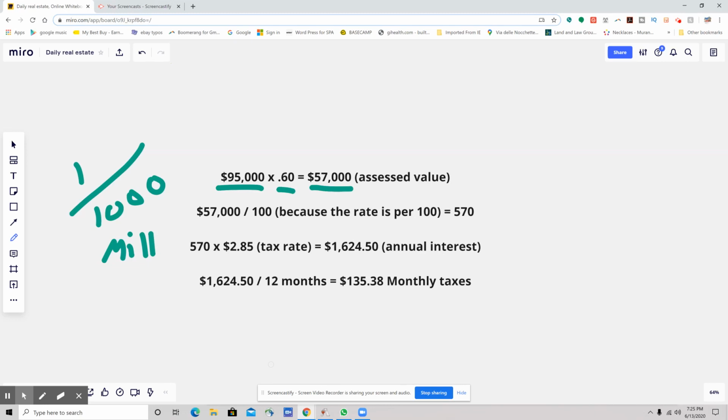So you could divide the assessed value by 100, or you could leave the assessed value as is and turn the $2.85 into a decimal form of 1/100. Either way, you would come out with the same answer, which would give you the annual tax amount of $1,624.50. So in order to find the correct answer, you're going to have to divide that by 12 months, and you're going to get